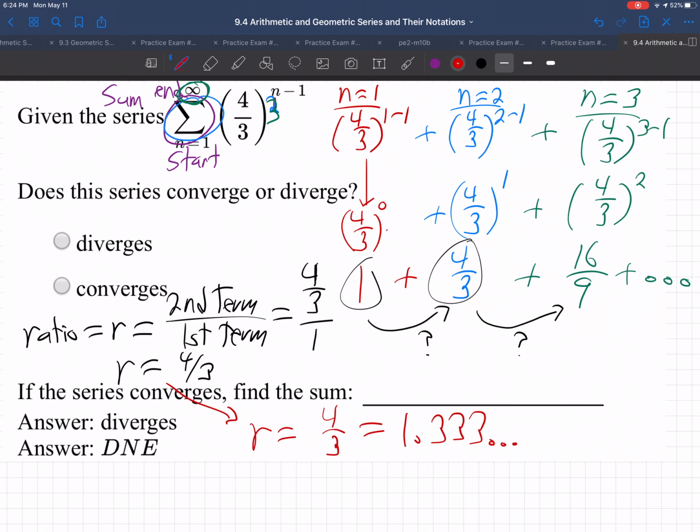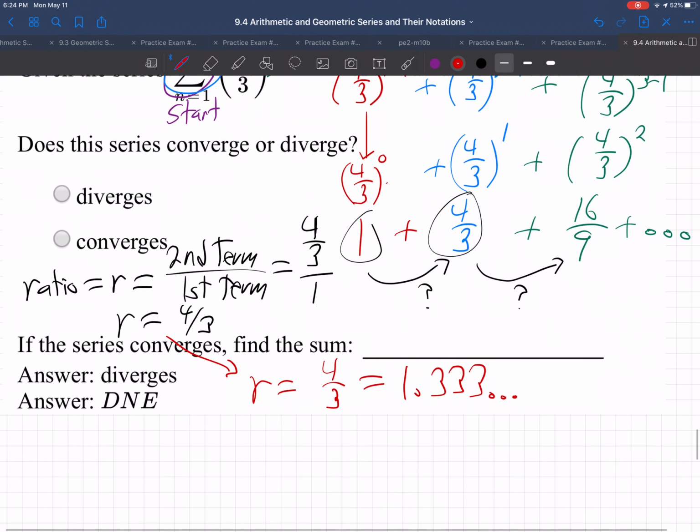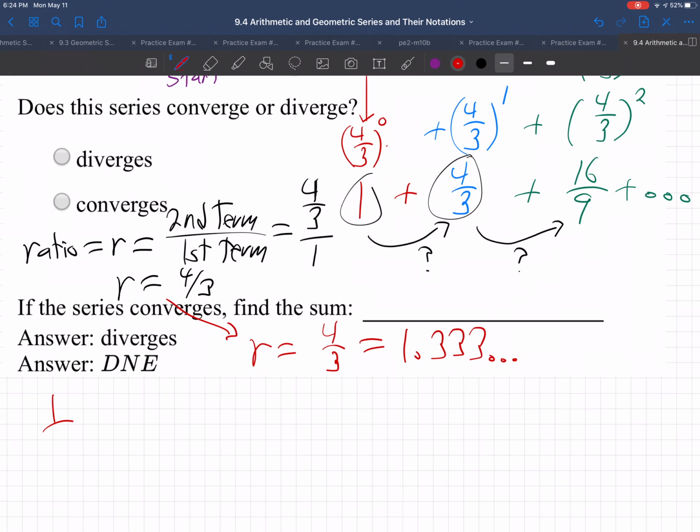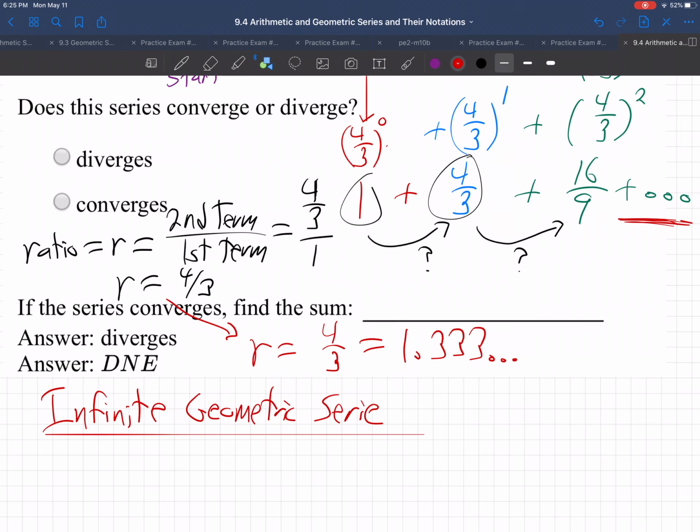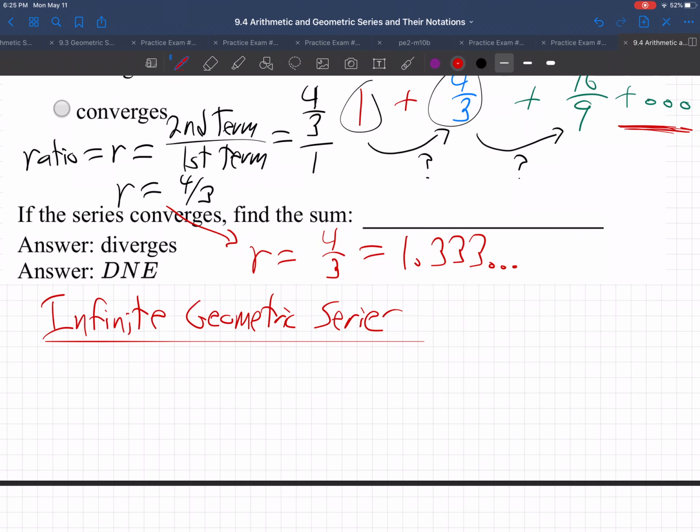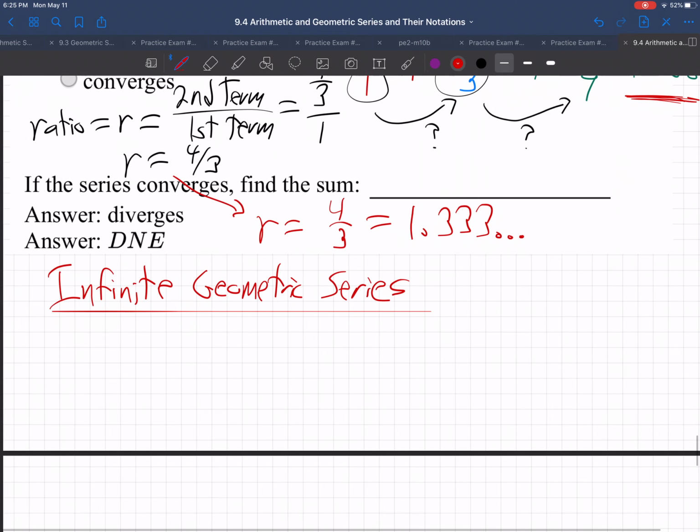Now, what do we care about that? Well, this is an infinite geometric series, right? We're going to infinity. What does it do? So this is important to know this. Number 1,